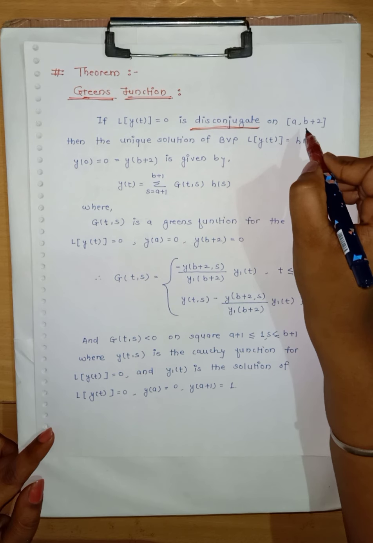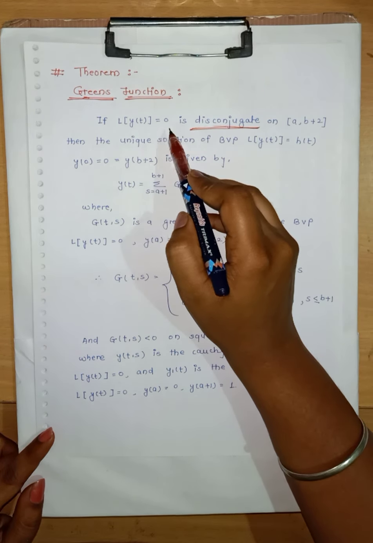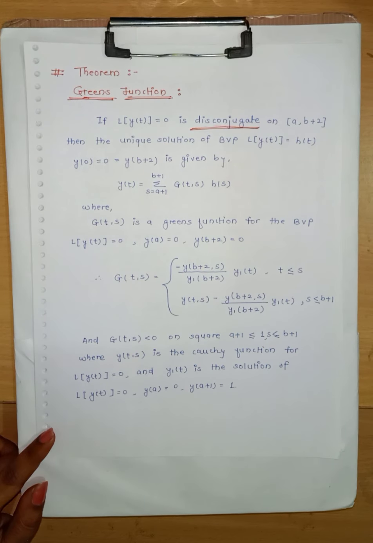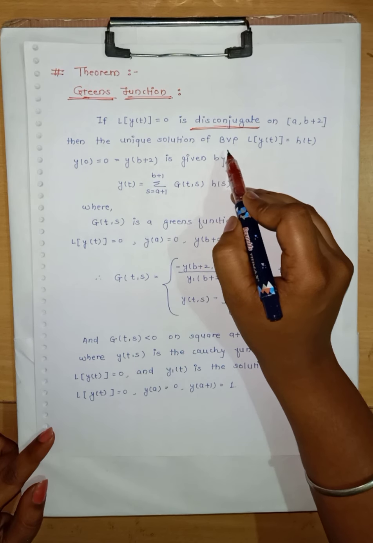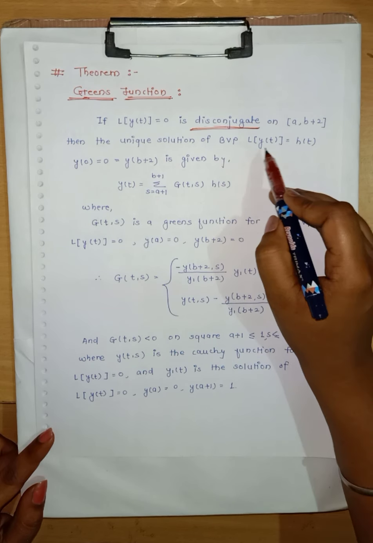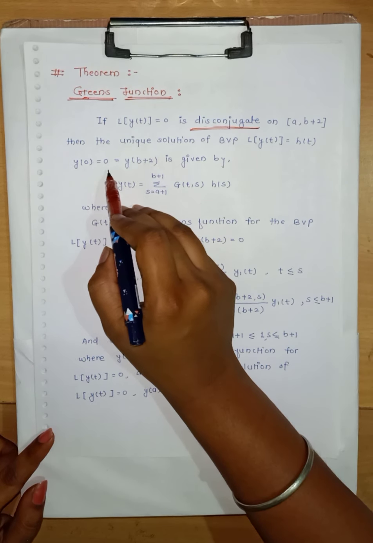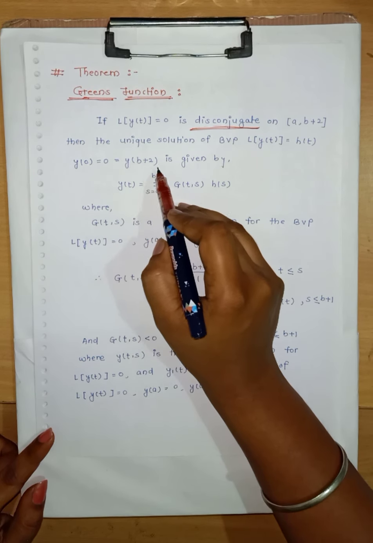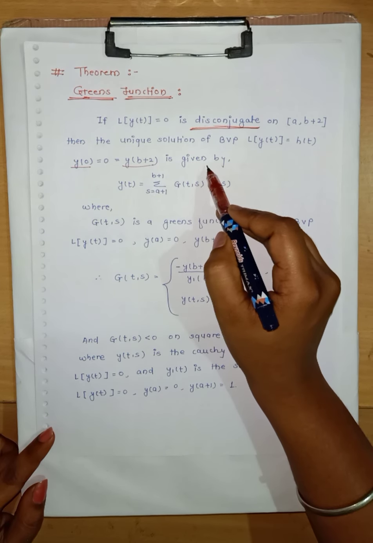If L of y of t is disconjugate on the closed interval [a, b+2], then the unique solution of the boundary value problem L of y of t equals h of t, with y of a equal to 0 and y of b+2 equal to 0, that is, both values are 0,